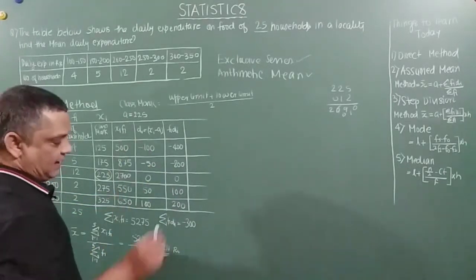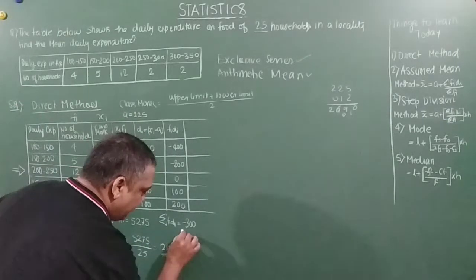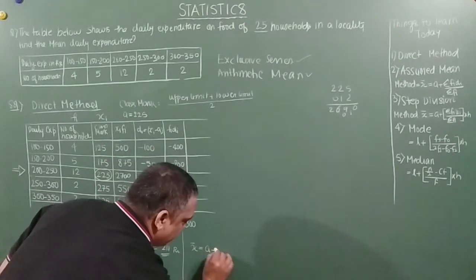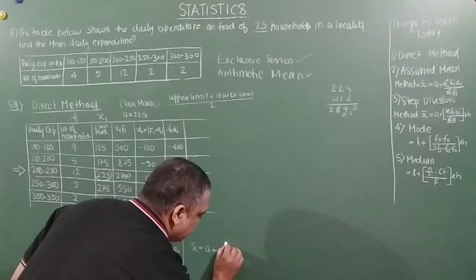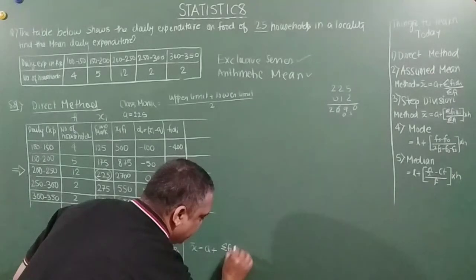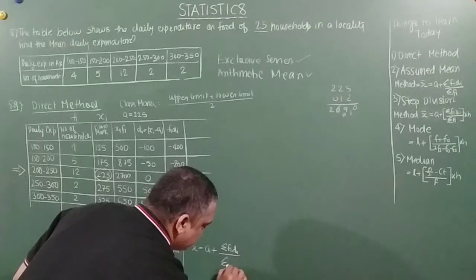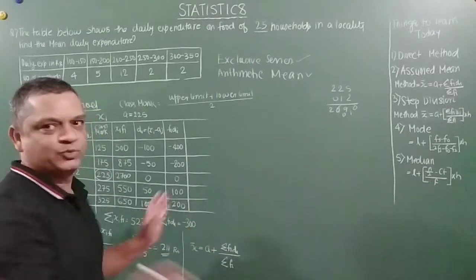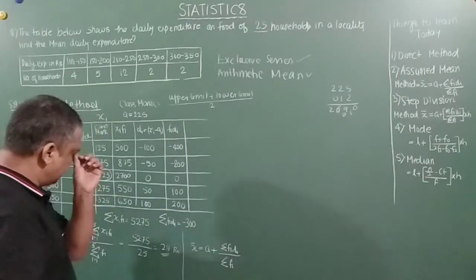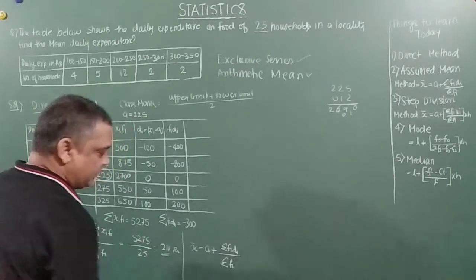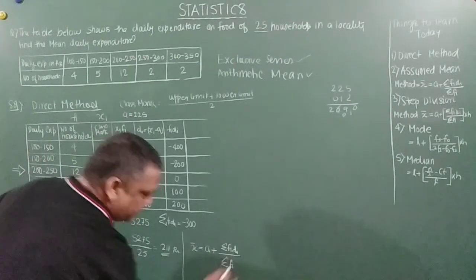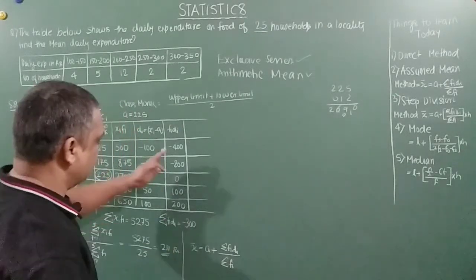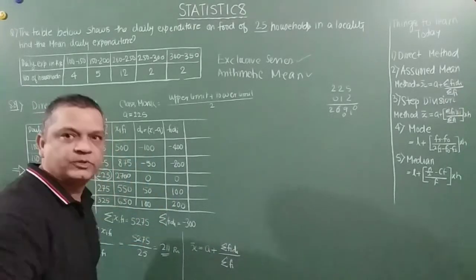Now the assumed mean formula is given by x bar is equal to a plus sigma fi di divided by sigma fi. Okay, I'll take up the derivation next because there is no space on the board, so I'll just derive it for you. It's pretty straightforward. It's available in your textbook as well, right? Okay, so a is our assumed mean, we can just substitute it here. I hope this is getting covered.